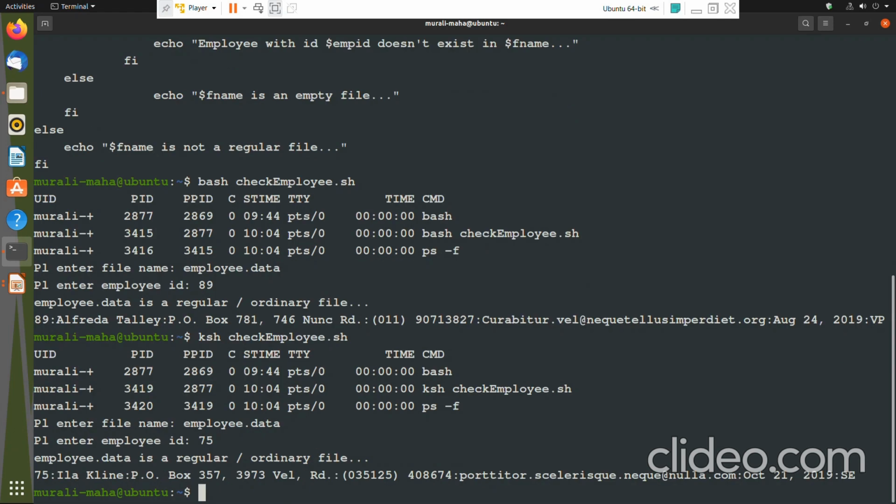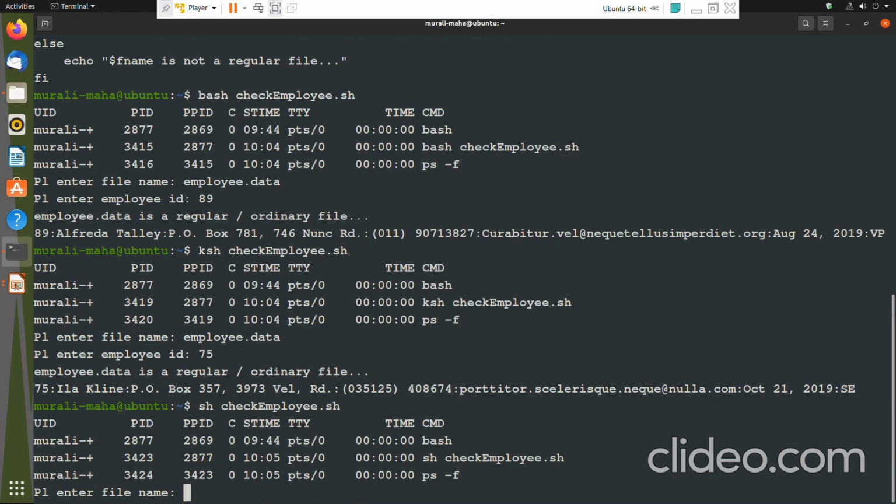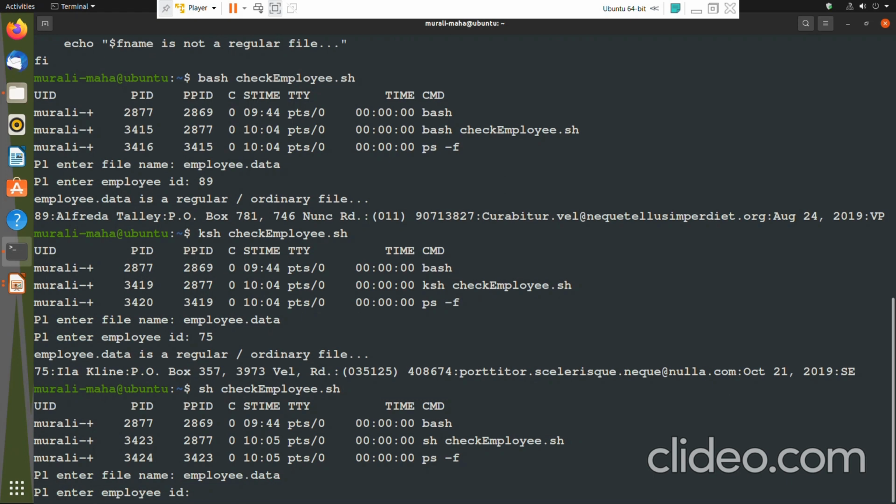Then sh also. employee.data, it is going to behave in the same way, but the only thing you can see here is that in the first instance the ps output is bash, second instance ksh, third instance sh. When you execute it with sh, it is telling that sh is the child, employee id 90.